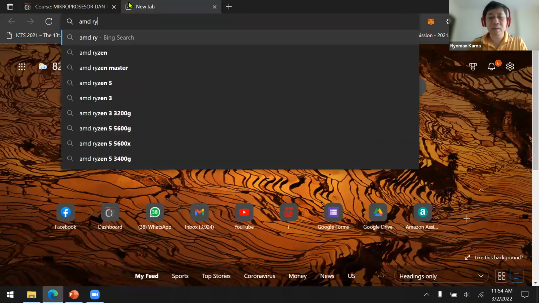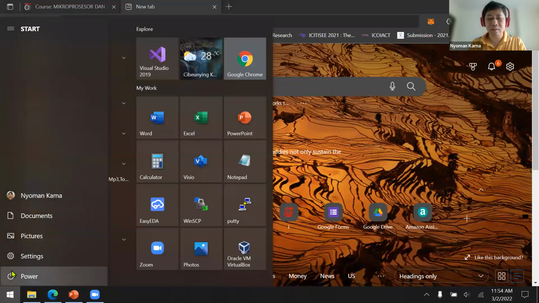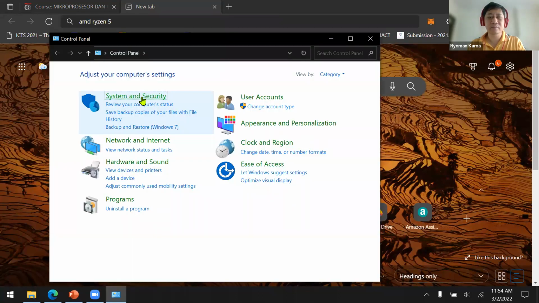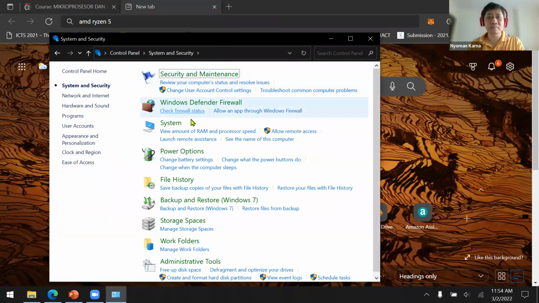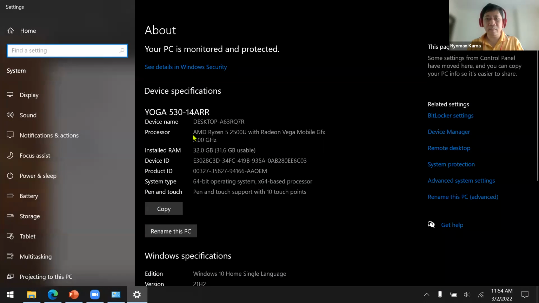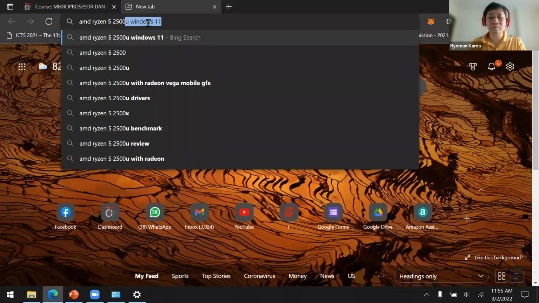AMD Ryzen 5. Wait, what is my 2500 U? Okay, and then specs.